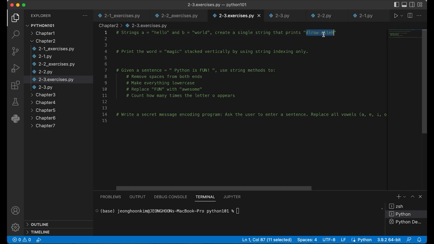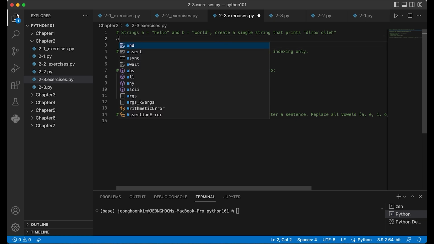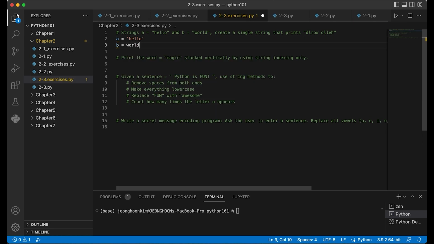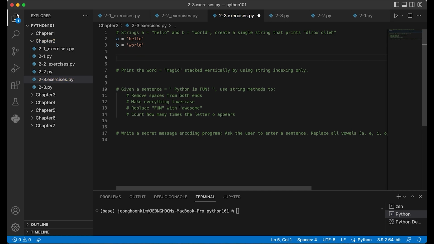And it looks like this one's the reverse of word and this one's the reverse of hello, and they're combined together, right? So we know A is hello. First we define that, and B is word, right? And the first thing we need to do is reverse them before we join them together, right? So reverse